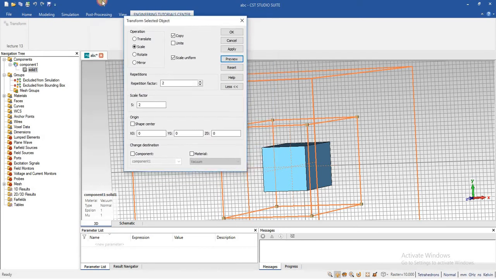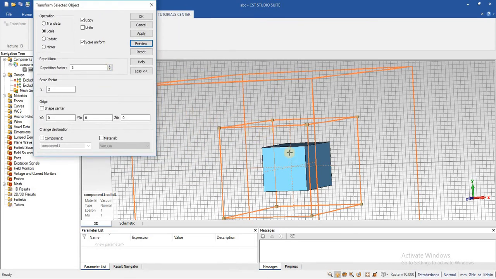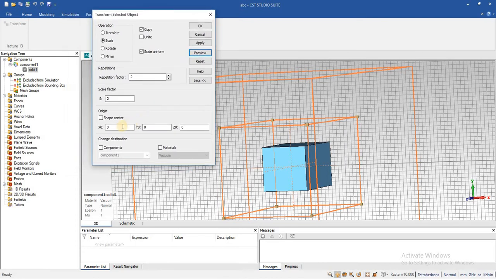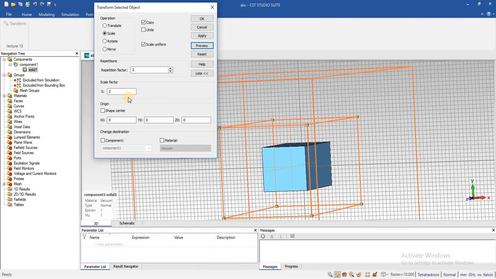You can see that the two copies of the object at the same position have been scaled, and scaling is applied in all directions: positive x-axis and negative x-axis, similarly positive and negative y-axis as well. If you want to enter the center position yourself, you can also change it.